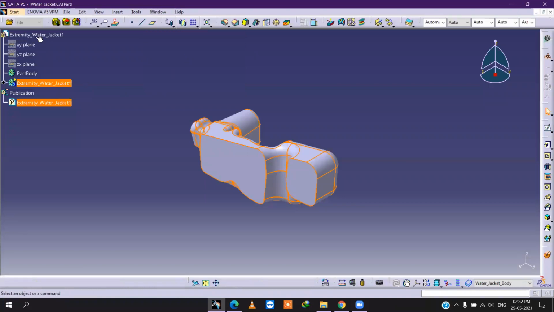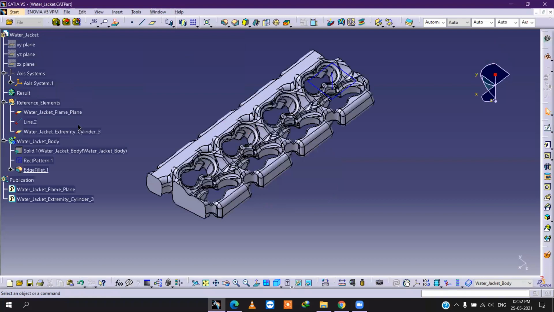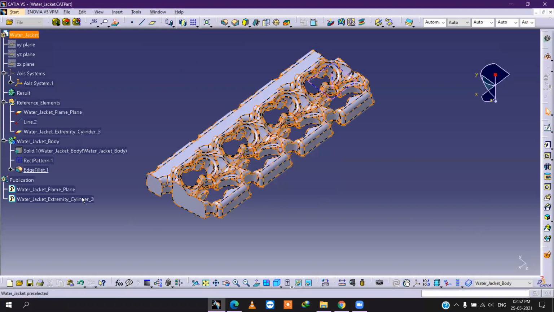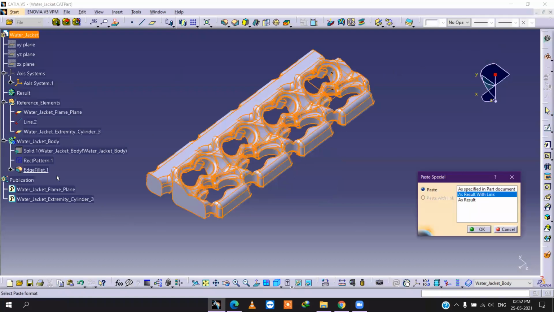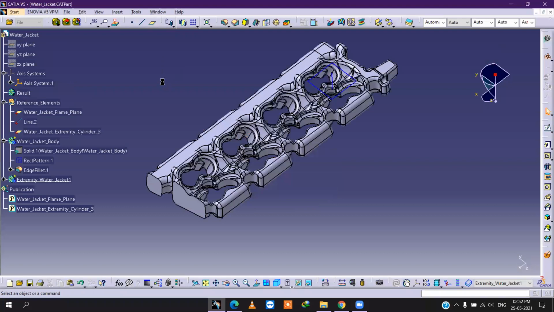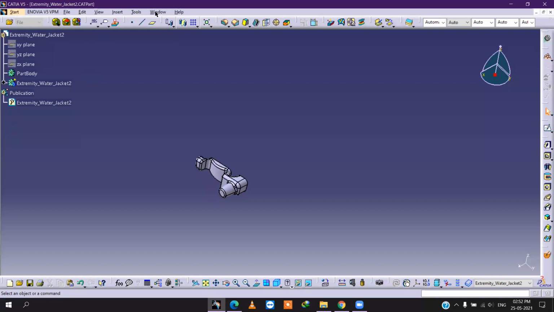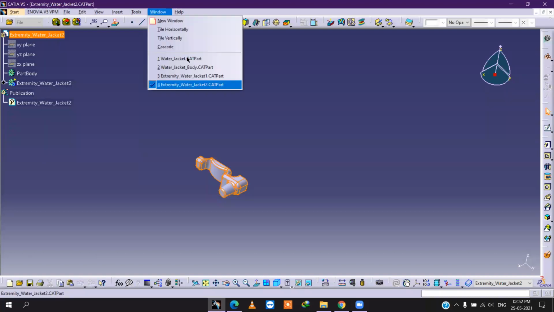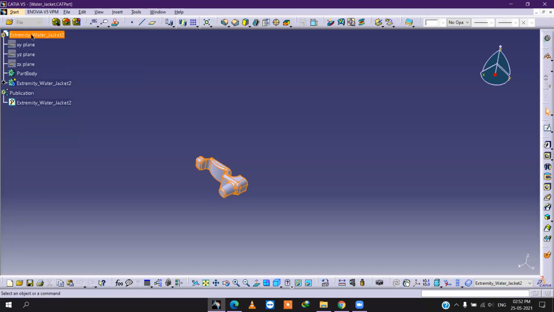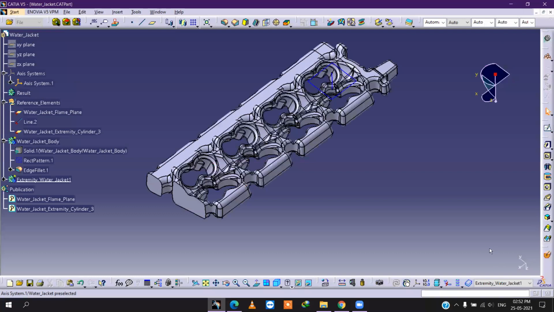Over here, right click, paste special, as result with link. You can see this one. And after that, we have to go for water jacket 2. Right click, copy. We have to again go to water jacket cat part. Same thing, paste special.